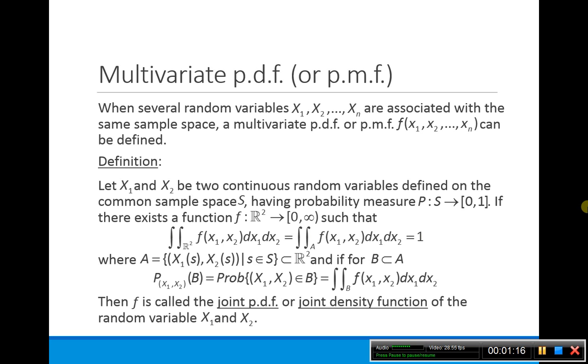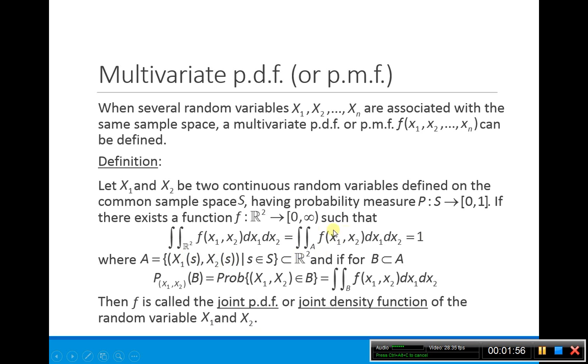If there exists some function f, which goes from R2 to the positive real numbers, so that we can write the integral over all of R2 is equal to the integral over A, where A is a subset of R2, which is defined as the space x1 of s, x2 of s, such that s is in capital S. So this is going to consist of the range of